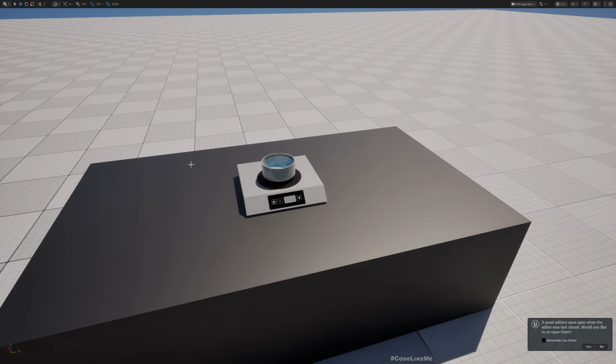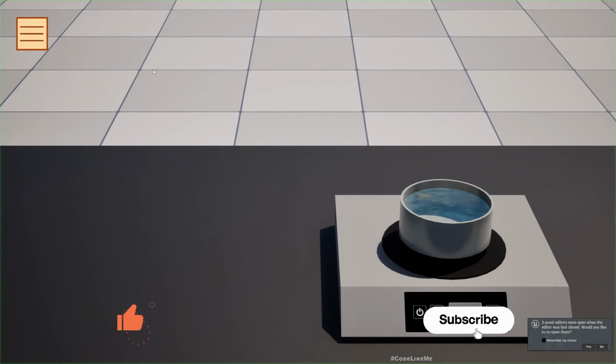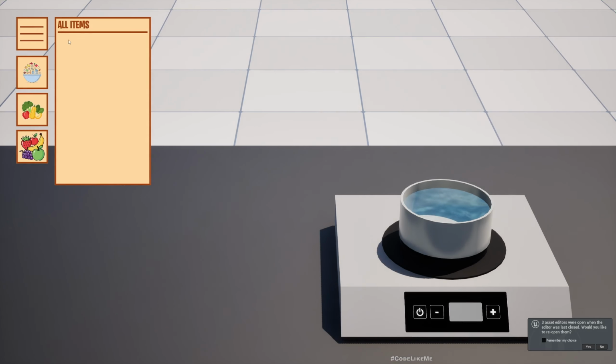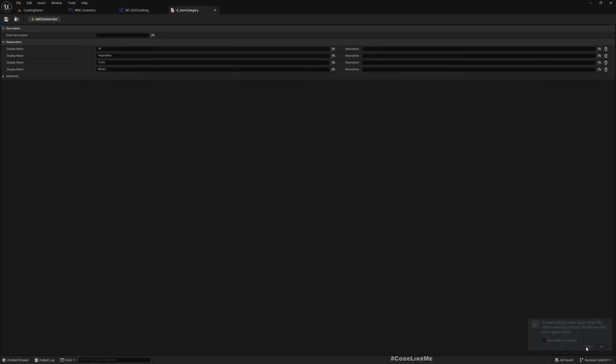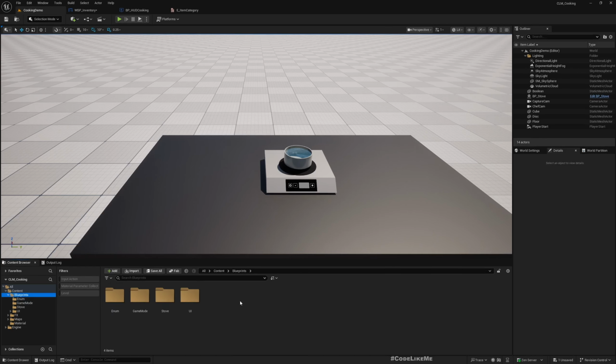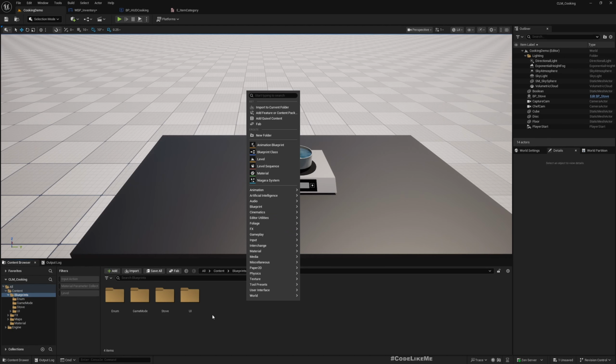Right, this is what we have implemented up to now. Display, we have this menu button and all items, vegetables, fruits. So now we need a way to populate this list. So these things that I had opened before, so we can start from there. One thing I noticed right away is this should be all items category. Okay, now first thing is I'm gonna create a data table to put data about all the possible items